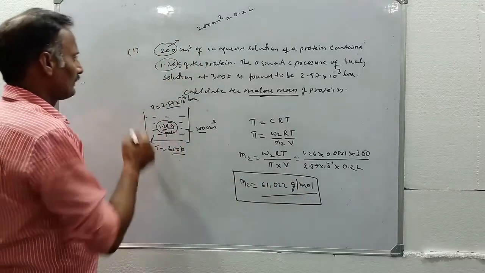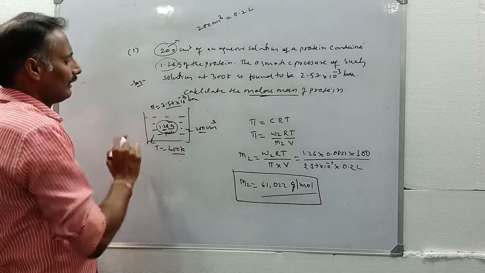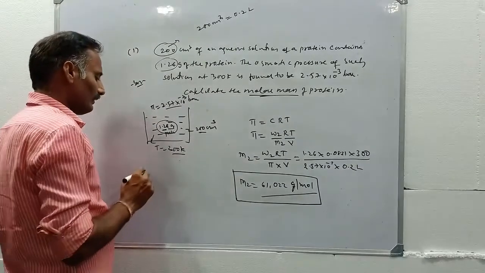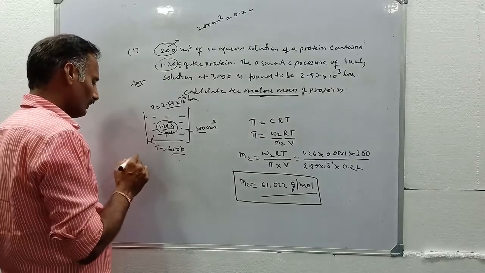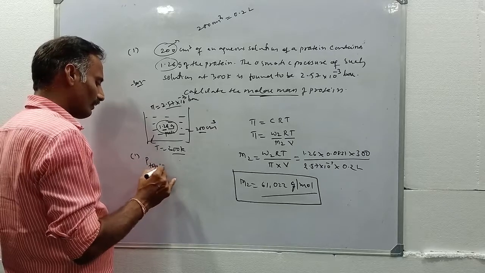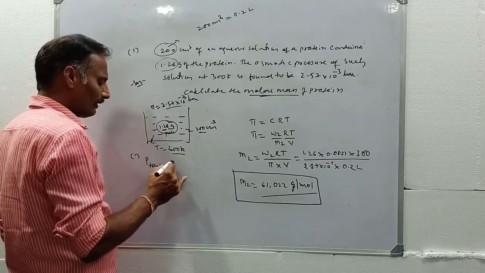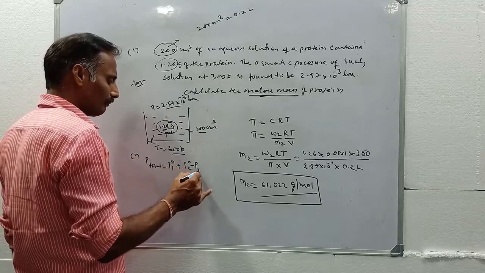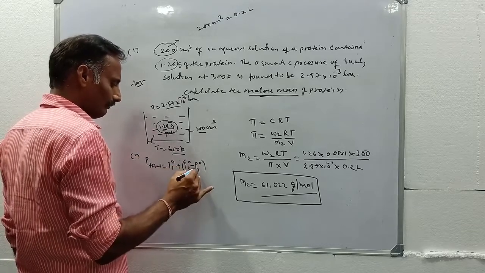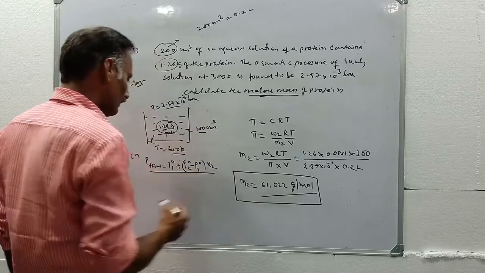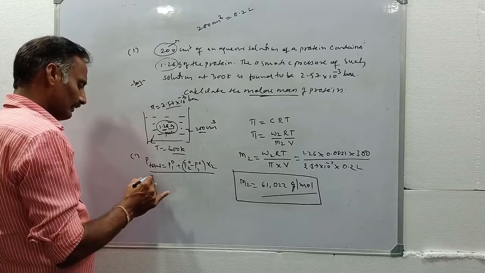This type of problem is asked as 3 marks questions in examinations. From this solutions chapter, the numerical problems are important. Numerical problems are mainly based on Raoult's law, that is P total is equal to P1 naught plus (P2 naught minus P1 naught) X2. This is one of the important laws, and one more is relative lowering of vapor pressure.